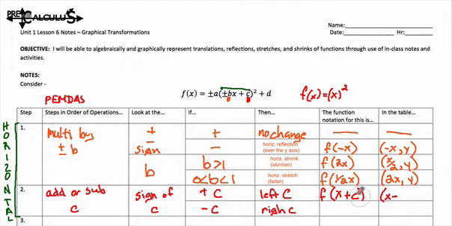And you know what? I didn't mean to put c here. I meant to put a number that we're going to use. Since I showed you in Desmos 3, let's do 3 here. So the function notation would say inside the parentheses we're adding 3, and you would see it here as well. But what's actually happening is all the x values we would subtract 3, and nothing would happen to the y. Here we're going to subtract 3 in the function notation. You would also see that right here. But what's actually happening to all the x's is we're adding 3 to all the x's,